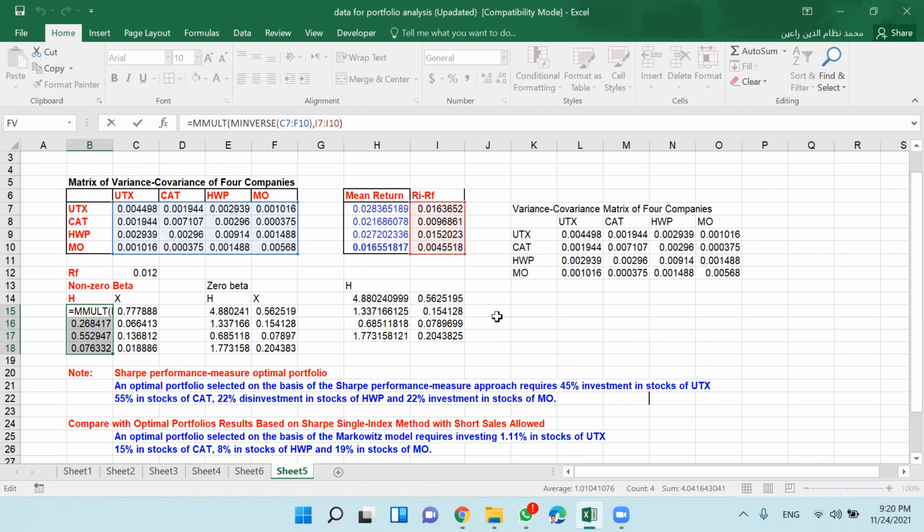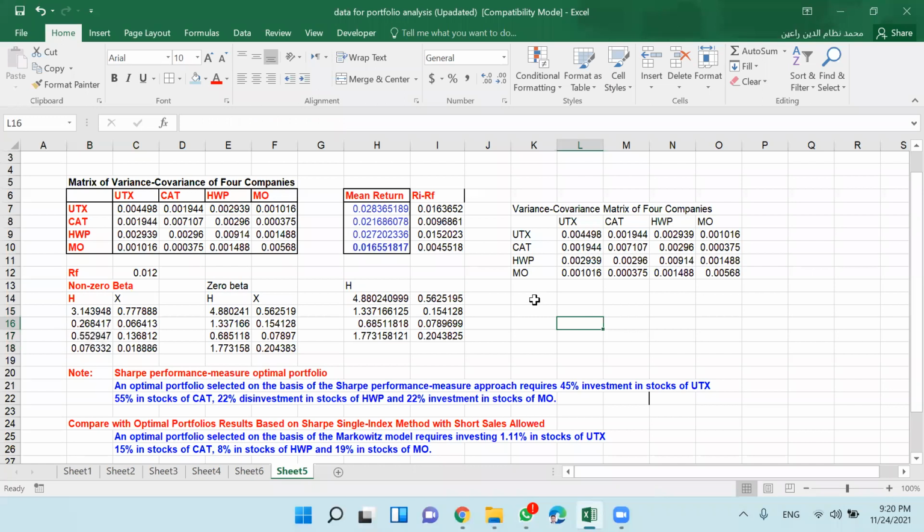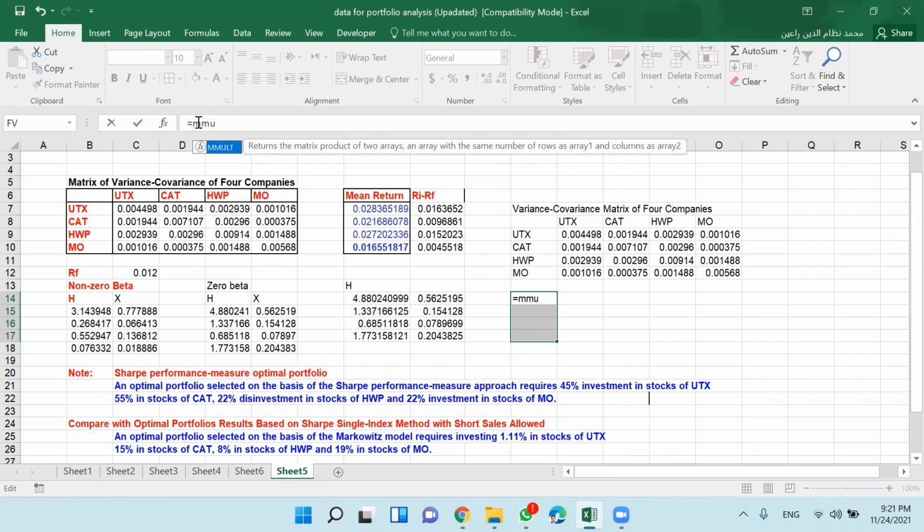And you are going to divide this by the sum. So first you take this one, H1. Okay, so we select this and then we are going to use the same command, matrix mult.